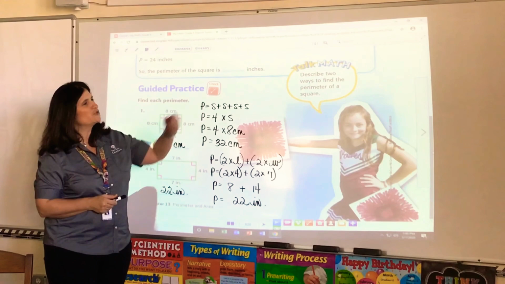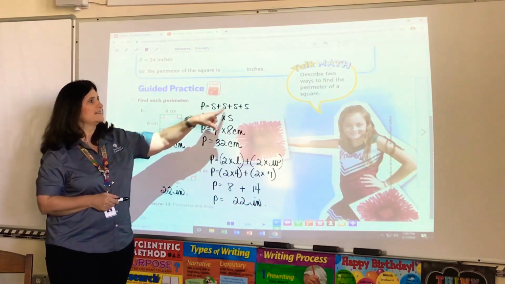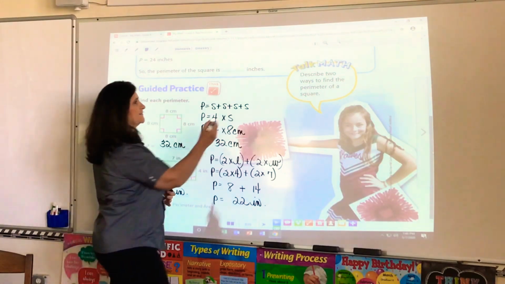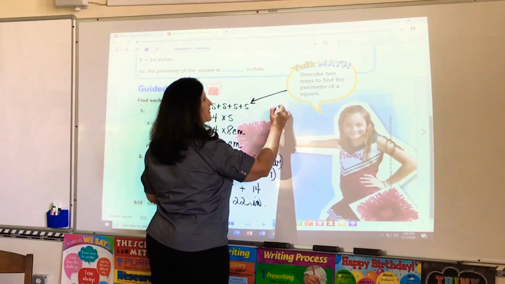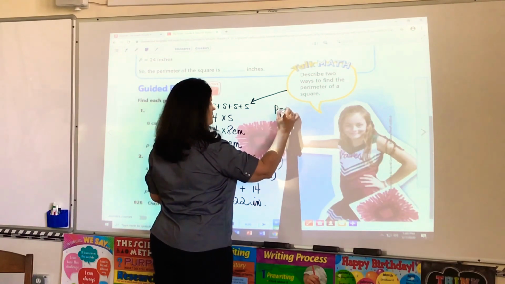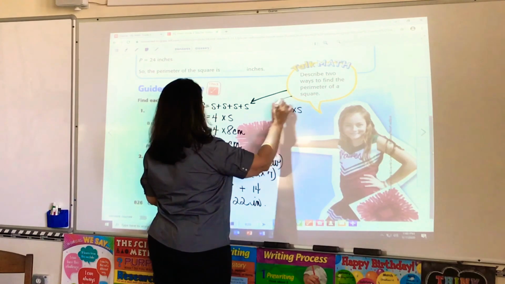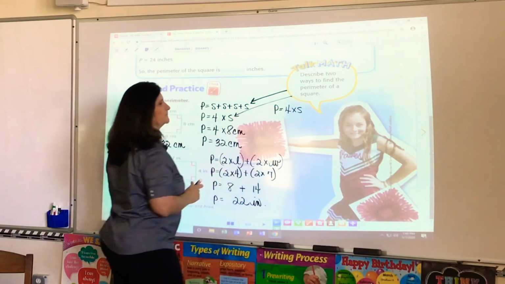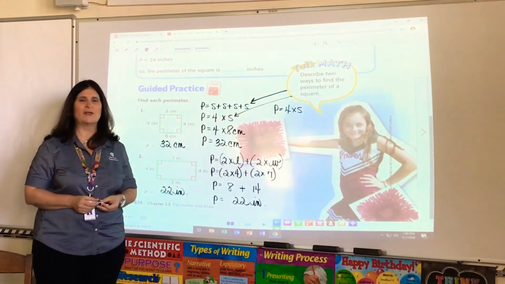So describe 2 ways to find the perimeter of a square. Remember, one way is adding the sides, like this. Okay, this is one way. Or another way is P equals 4 times S. This is the other way. Okay? So work on your perimeter, and we will meet up again